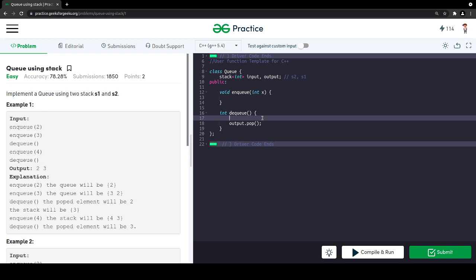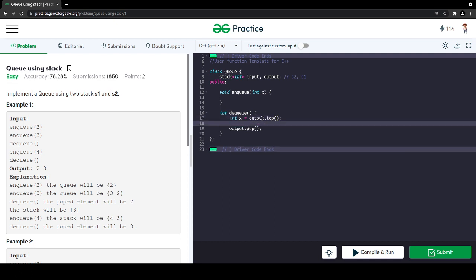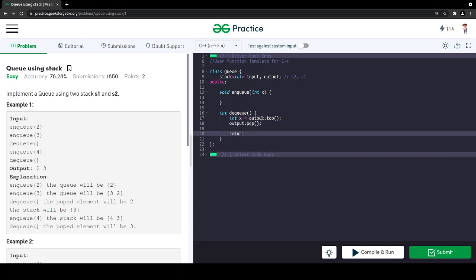So int x is equal to output dot top, and then I will pop, and return x. Okay, so dequeue is done.